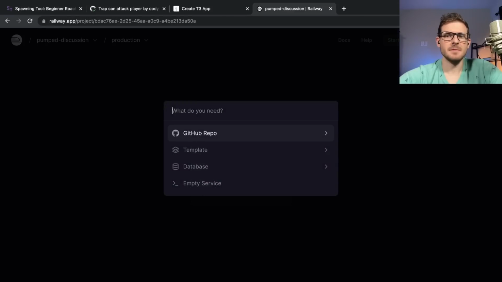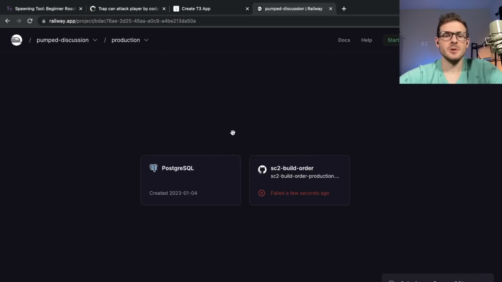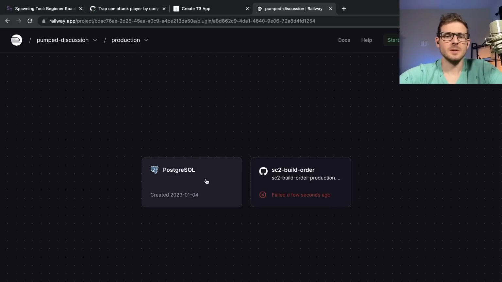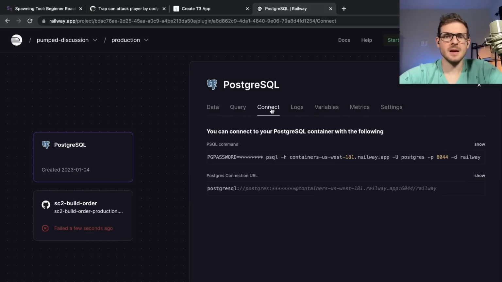I think this is the app. If I click new, I think I can say a new database. I want to add a new Postgres database, because that's what we're using with that Docker Compose locally. And that'll create a new database for us. All right, so let's click on this and look at how we connect to it. I think there's a connect tab and it gives you a password and a username that you could potentially use. So I'm gonna copy this